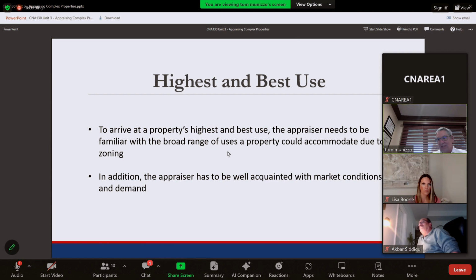I think this is a standard. It doesn't really make a difference whether we're talking mixed use properties here or residential. It's just to get at the highest and best use, the appraiser has to be familiar with the various ranges of uses a property could accommodate due to zoning. Really, that's really important because